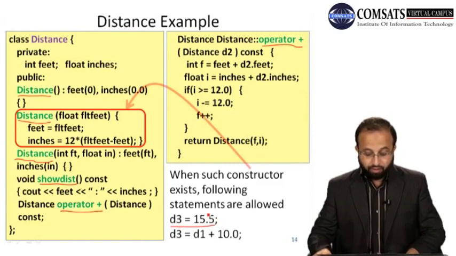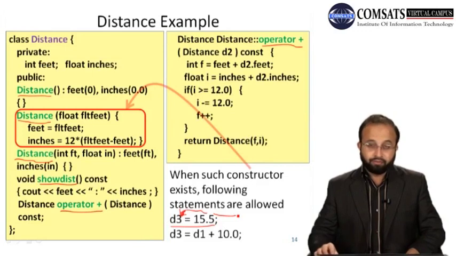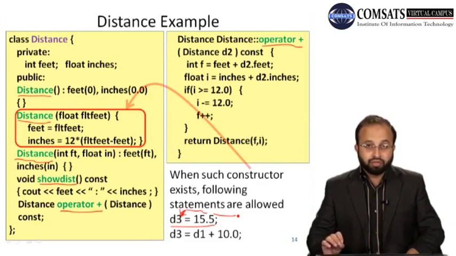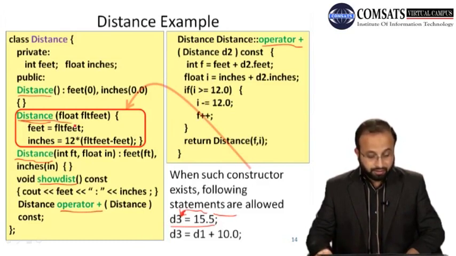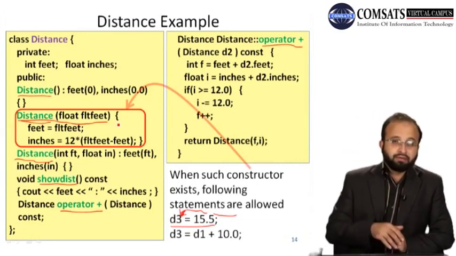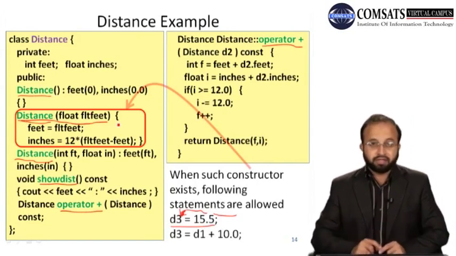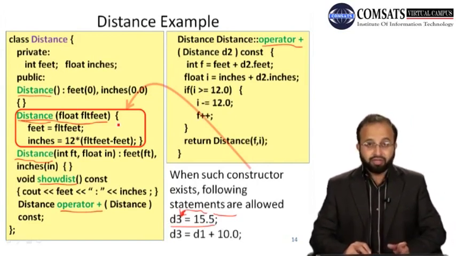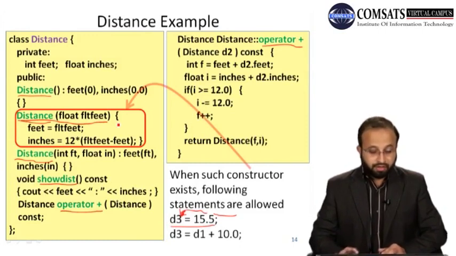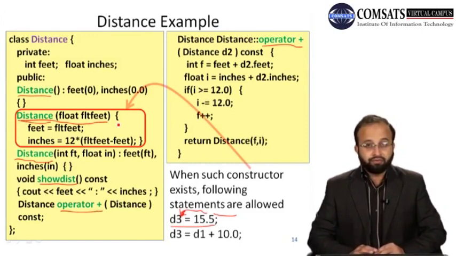That is, if we want to assign any floating point value to an object of a distance class, then what happens is that it will first pass that value 15.5 to the single value constructor, this constructor that is highlighted over here. It will pass this value, the constructor will convert it into an object, and then we will have an object here. The statement will become internally d3 is equal to a nameless object of distance class,